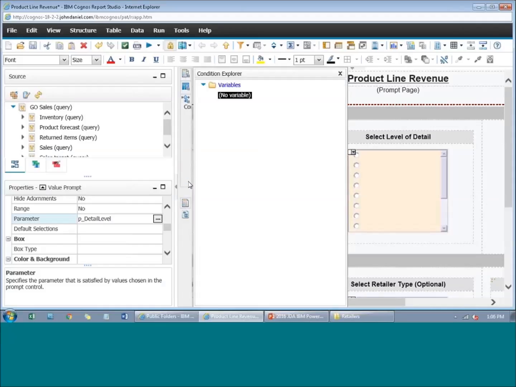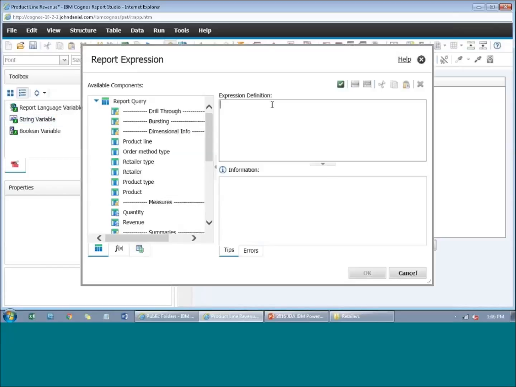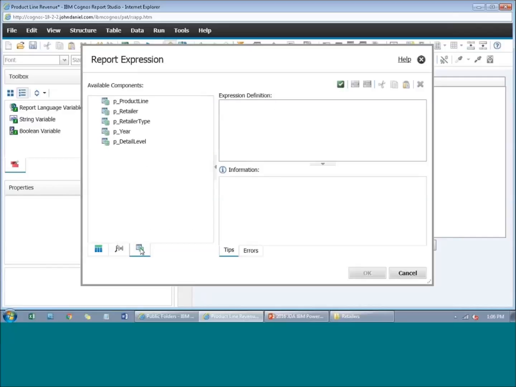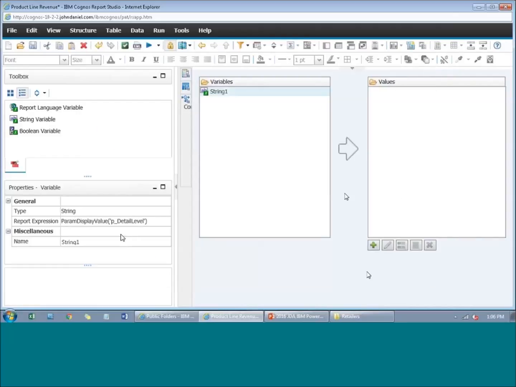We want to create a variable so that we can use it as the render variable for the pages. We're going to create a string variable so that it can have multiple values. And the definition of our string variable is going to be the value being returned from our prompt. So the parameter value from the prompt,